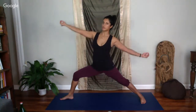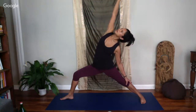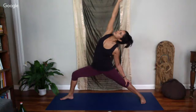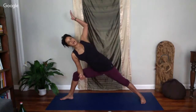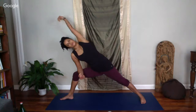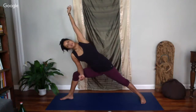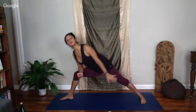Good. And then from here, you take one arm down. The other one goes up. And then we bring this elbow in here. Little side action. Ooh, rotate the wrist. Good. From here, we're going to go into